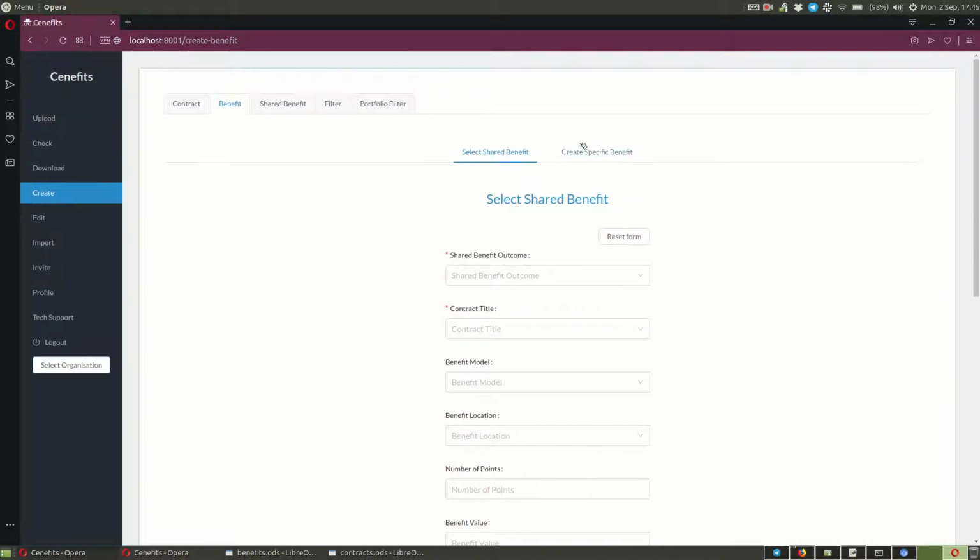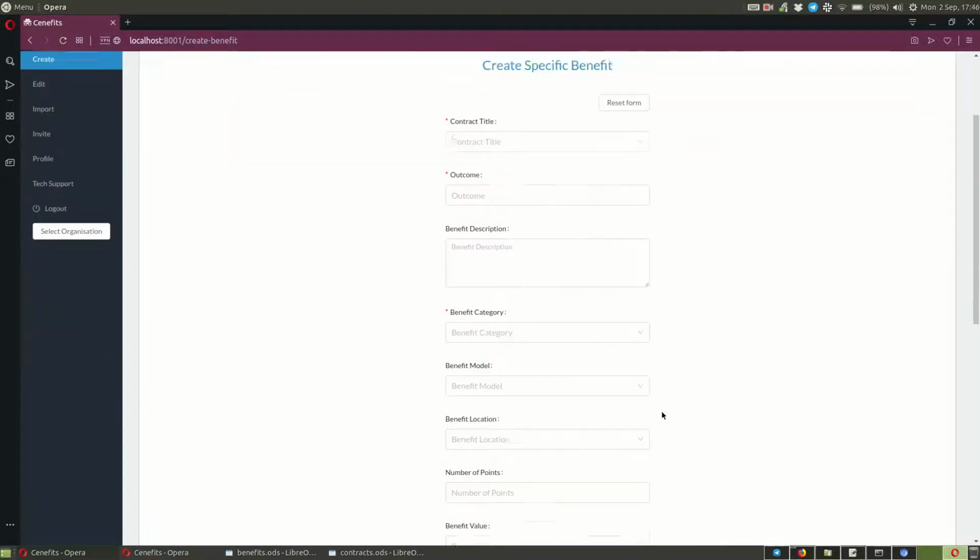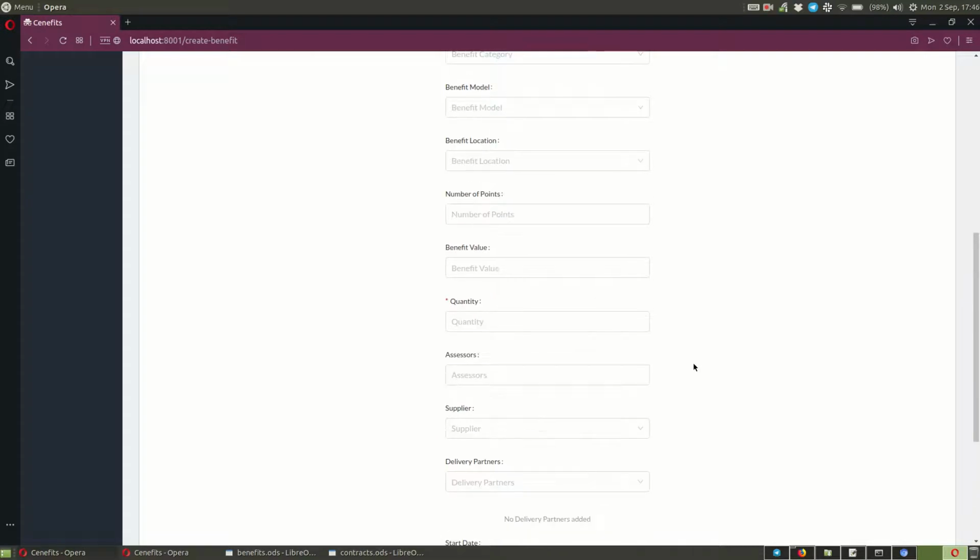But they can also create what's called a specific benefit, and that's where either you, as a supplier or delivery partner, or the public organization comes up with a cool idea for a really useful, socially beneficial benefit, which is unique to that contract. So it's not part of the normal menu or framework or KPIs, in which case it would just be created holistically in one form as a one-off. Either way,